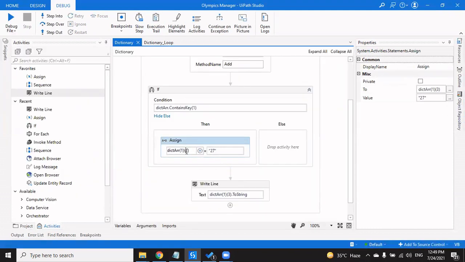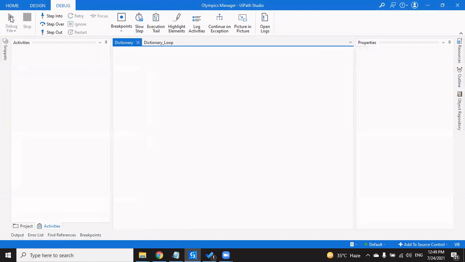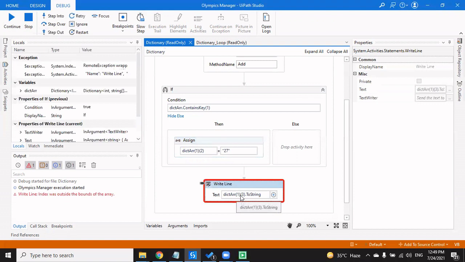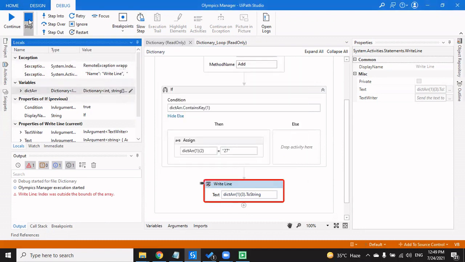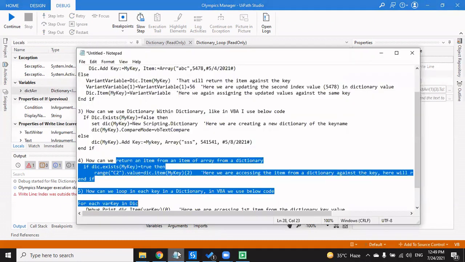Because there are only 3 elements in the array, the indices have to be 0, 1, and 2, since the index of the array starts from 0. Similarly, I need to make the change over here as well, which I missed, but no worries. If we open the locals pane, we see that the blogging has been updated with 27. So that's how you actually update it.